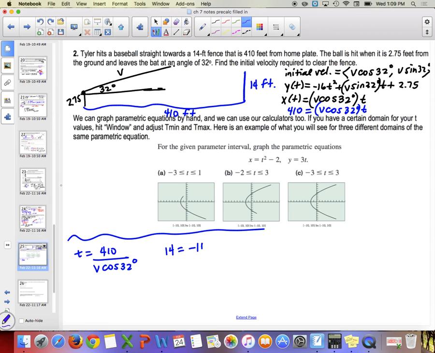So we're going to have negative 16, and then we're going to plug in what t is. So like I said, it's going to be a little bit messy for a sec, and then we'll clean it up. So we're going to have 410 over v cosine of 32 squared plus